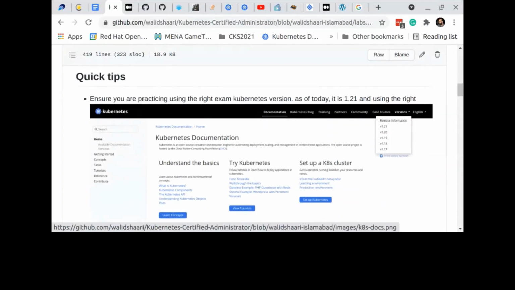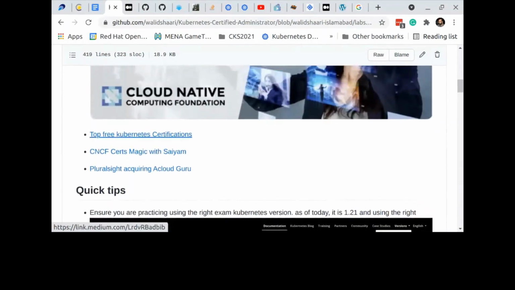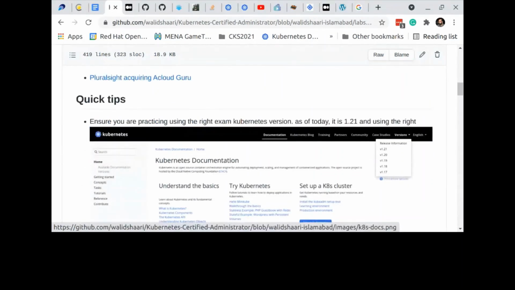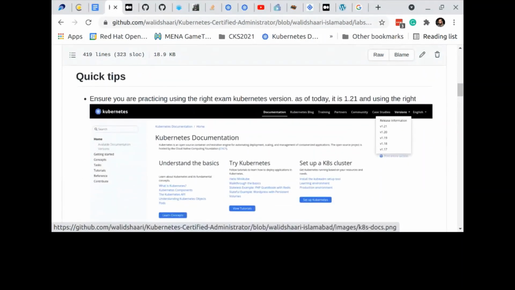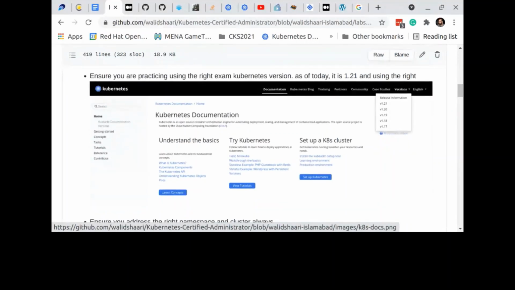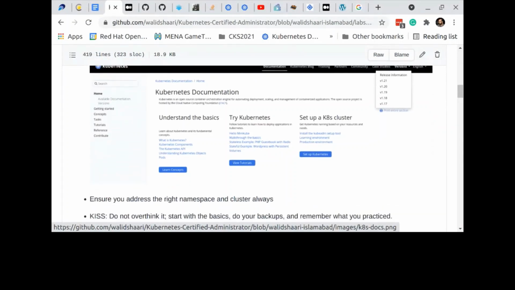Now, quick tips. Kubernetes version changes 3 times a year now. There is the new cadence. It used to be 4, now it is 3 times. So in the exam, you are allowed to go to kubernetes.io. For maybe 2 more months, the current version is 1.21, so you have no issues. Even with 1.22, I don't think you'll have that many issues for the CKA. But to be on the safe side, always make sure when you choose the documentation, you choose the release version that you are examined on. And when you practice, make sure that you do the same.